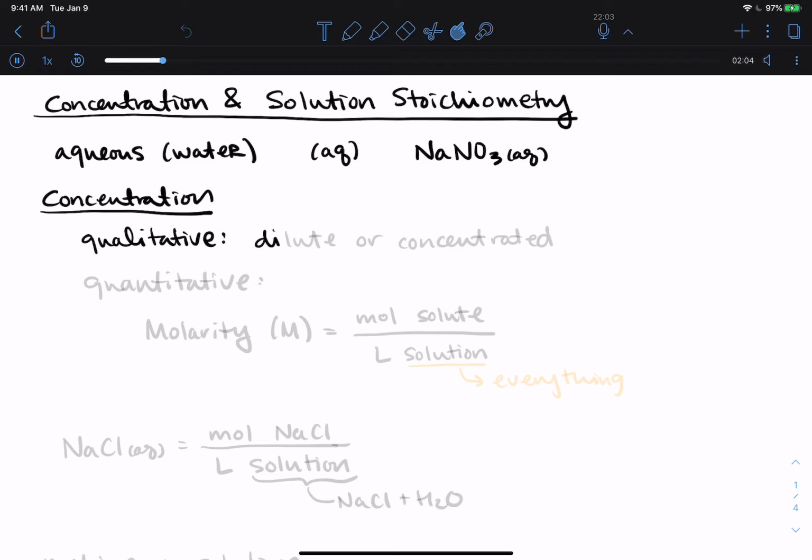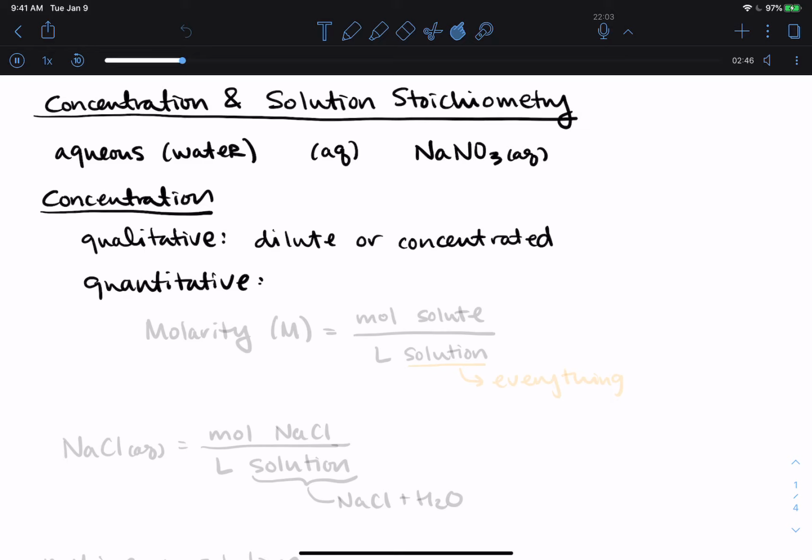So qualitatively, we could say that something is dilute or concentrated, and those are obviously relative terms, but they describe either having a little or a lot of something dissolved in that solution, or they could be quantitative,